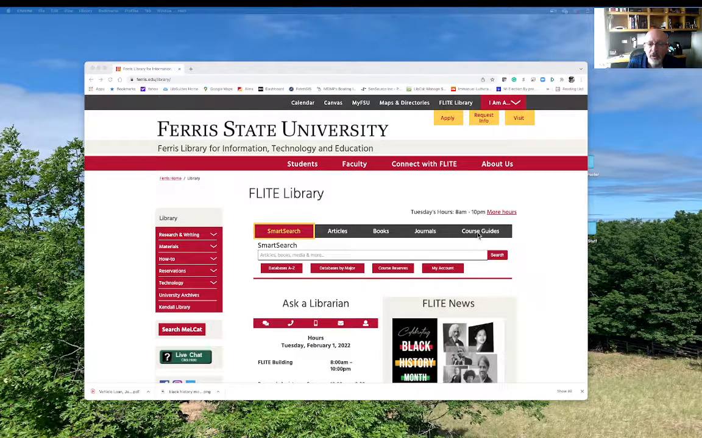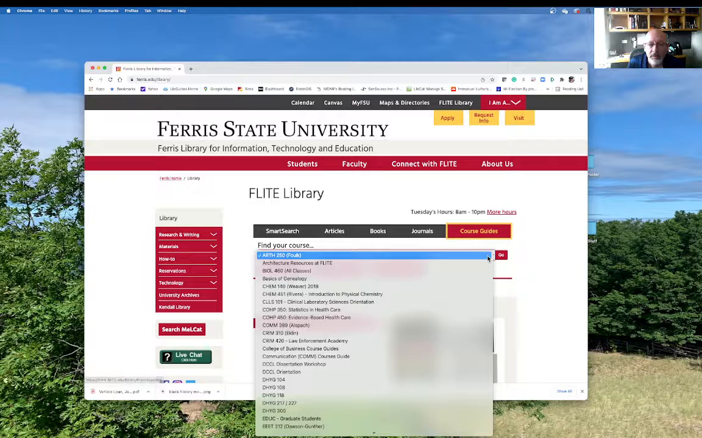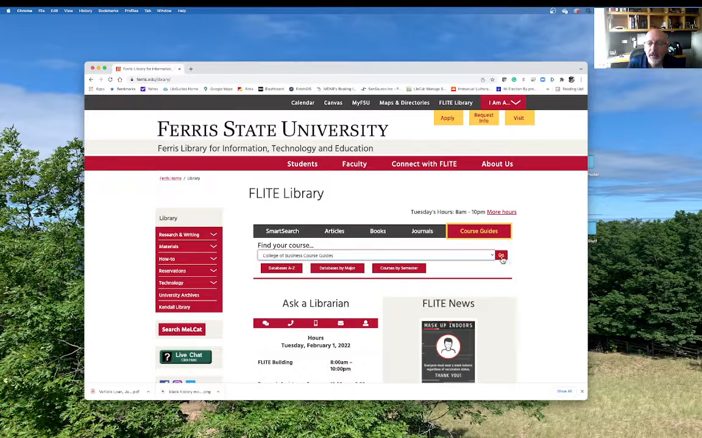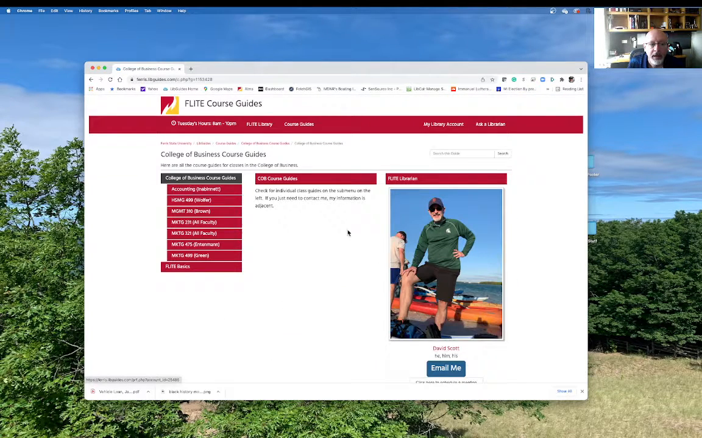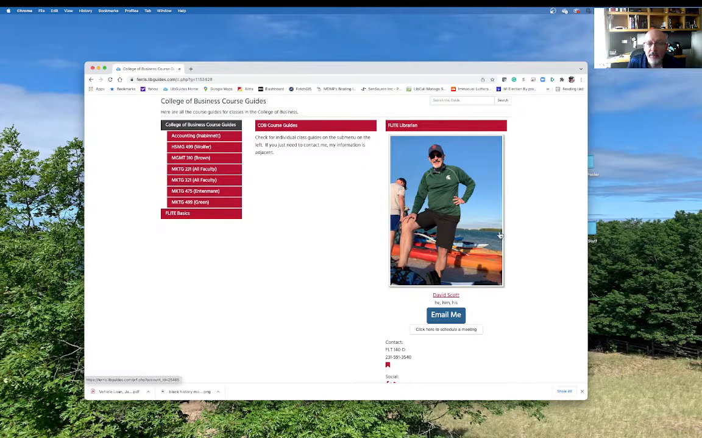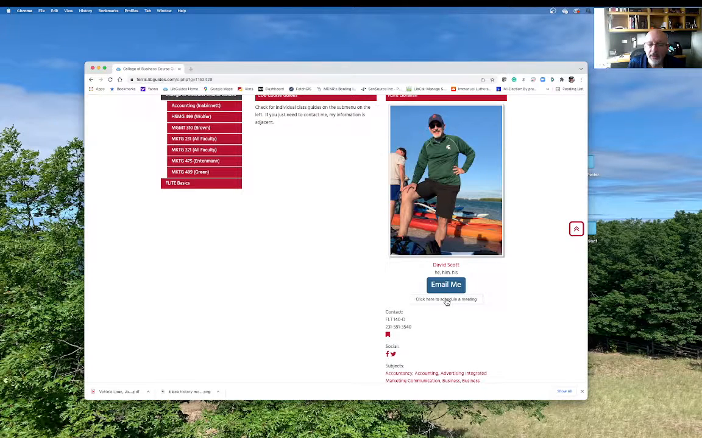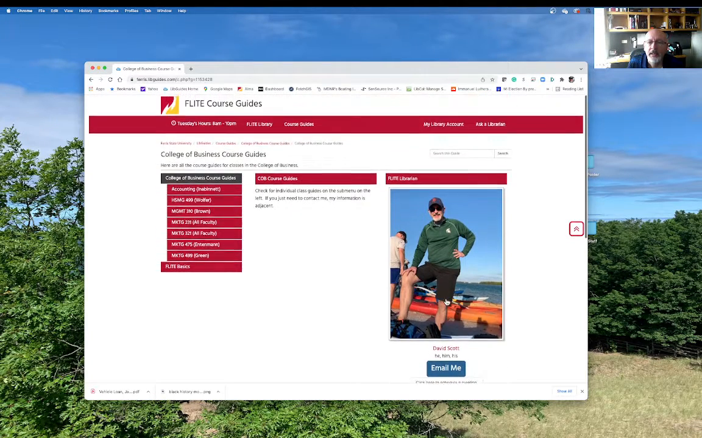which is ferris.edu/library, if you go to course guides, you will find all of the College of Business course guides under one link here under College of Business course guides. Then click Go. And here you can see information for all the different courses that we have guides for the College of Business. On this main guide is also information about me. You can email me, you can schedule a meeting, and I'll talk more about that at the end of this video as well. So we want to go to Marketing 321,